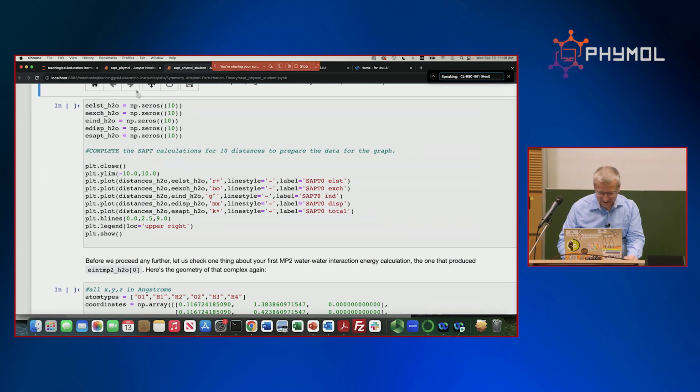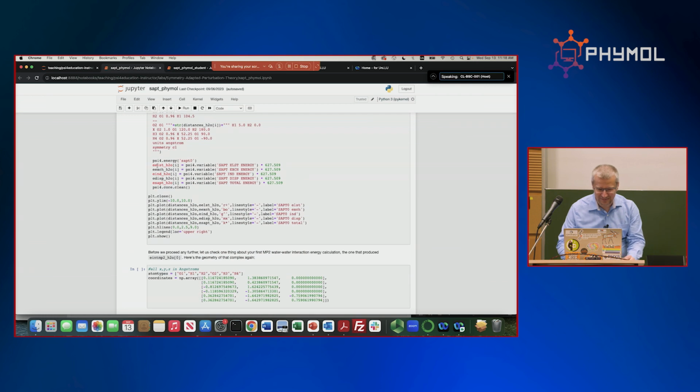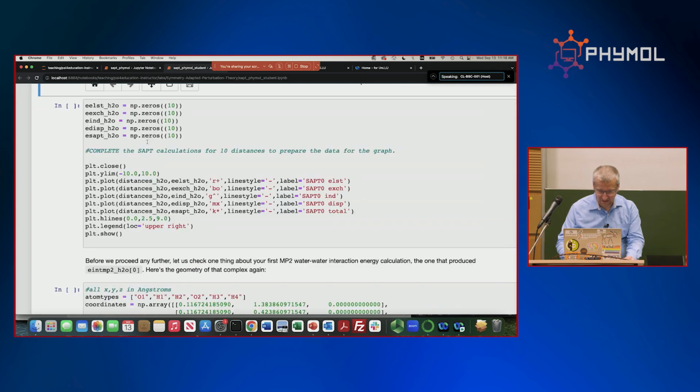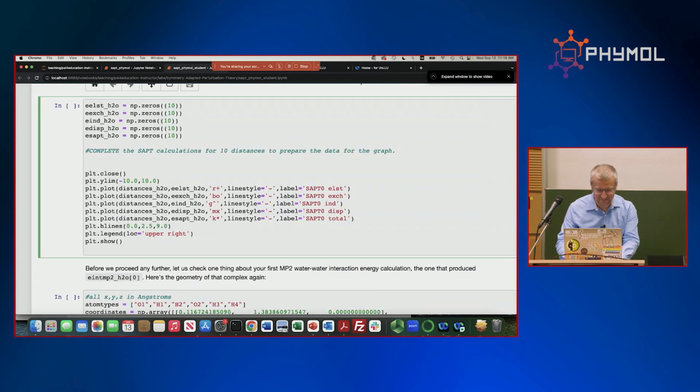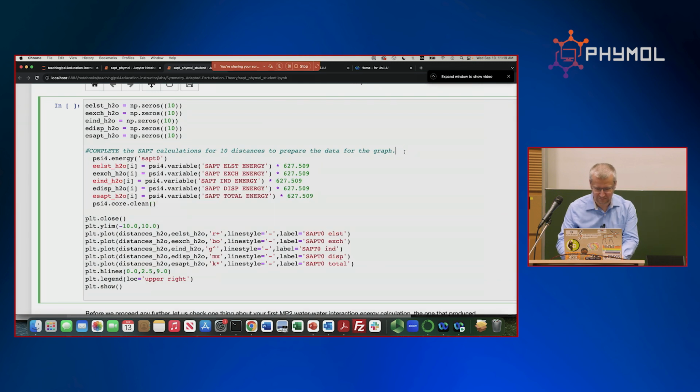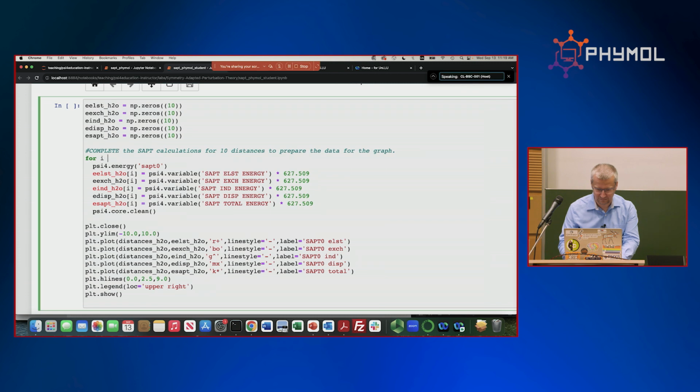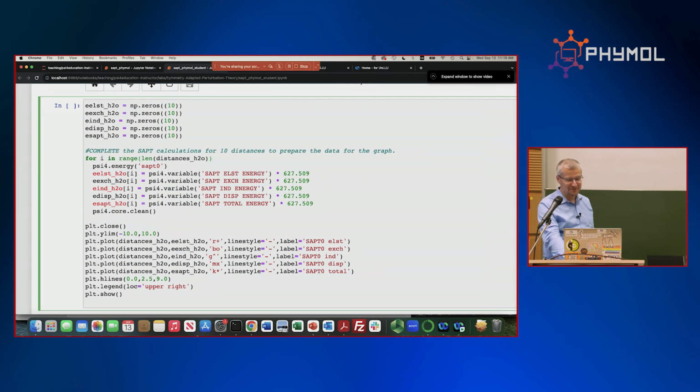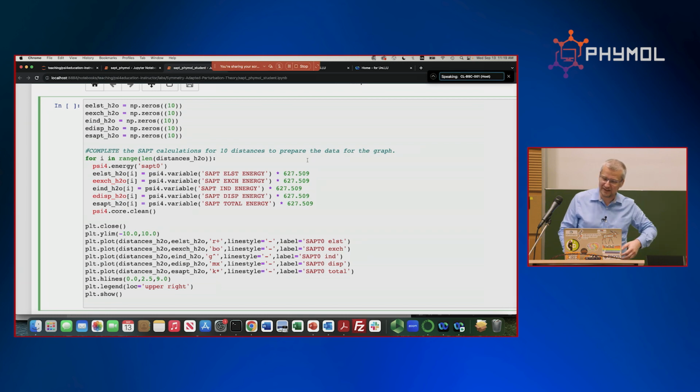I'm gonna cheat and copy and paste from a complete notebook. I'm missing the line, the for loop. So I will loop over the distances for water, and as you see, run SAPT0 for each distance and save these 5 numbers, the electrostatics, exchange, induction, dispersion, as well as total energy. That's a faster